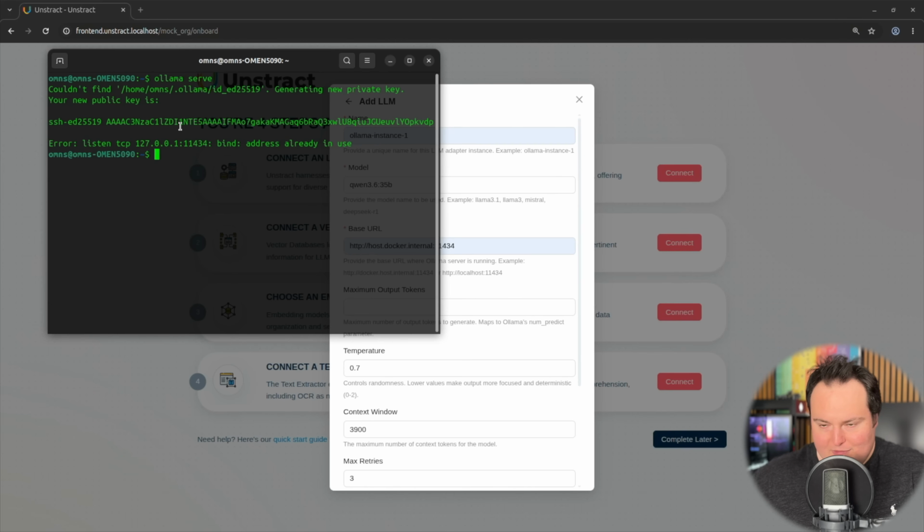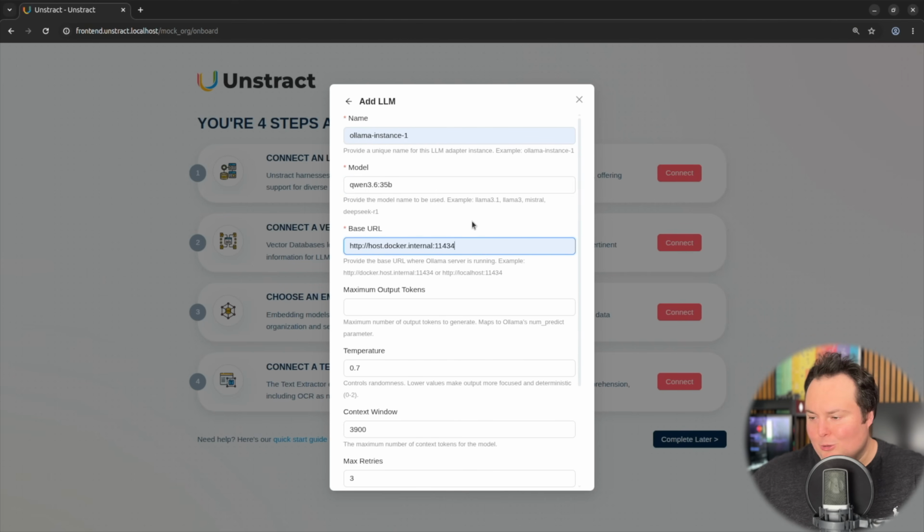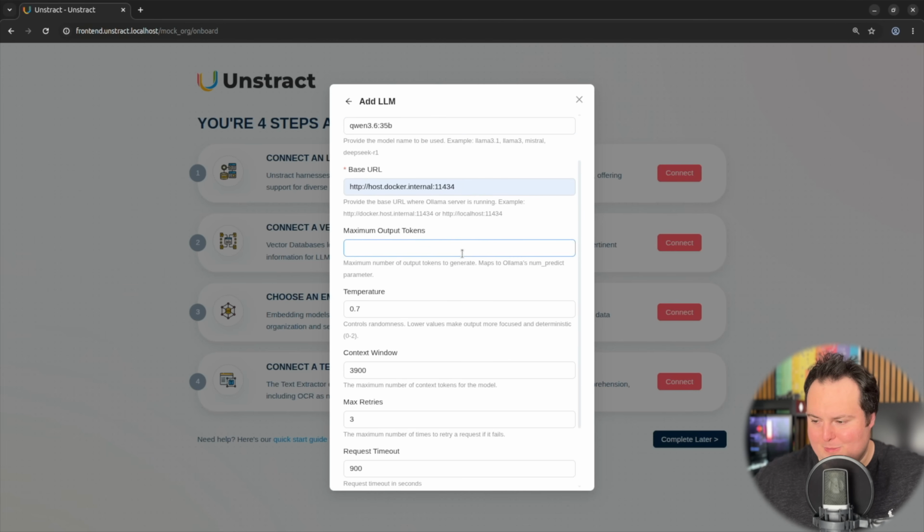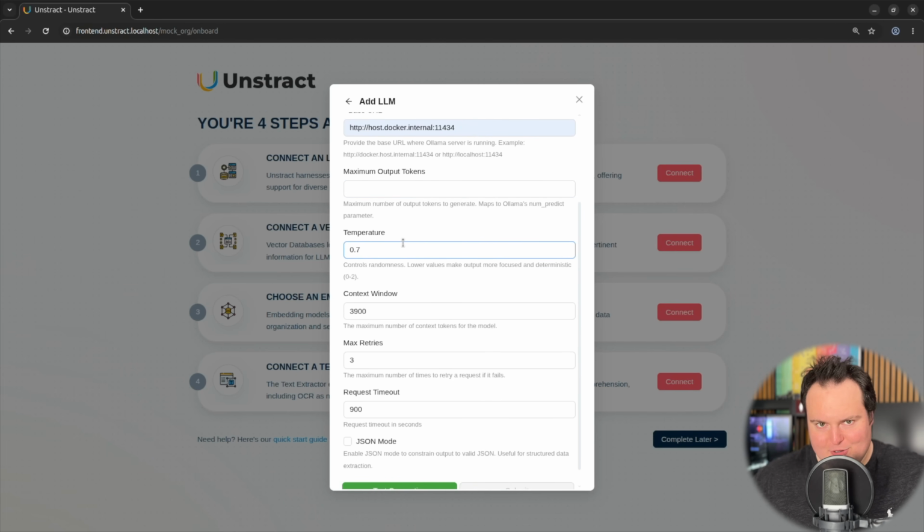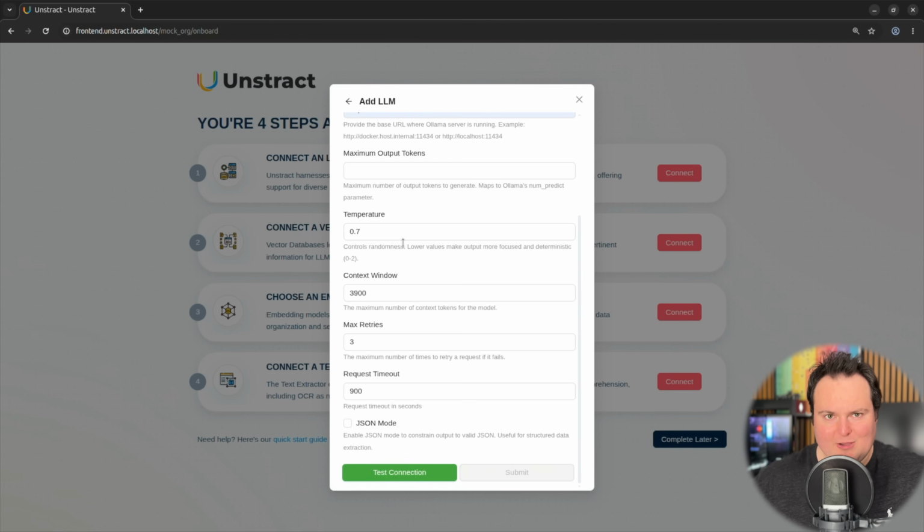So port 11434 is already in use. Just to show that that is the specific Ollama server port, I guess could be said. The next field here is maximum output tokens. I'm actually going to leave that blank because that's not something we really need to worry about right now. We also have the temperature settings, and for this specific Qwen model, I do believe 0.7 is the correct temperature for precise coding or tasks such as that,